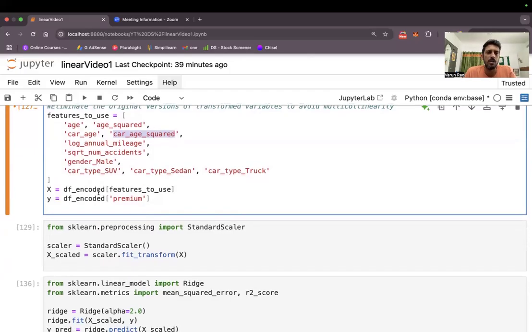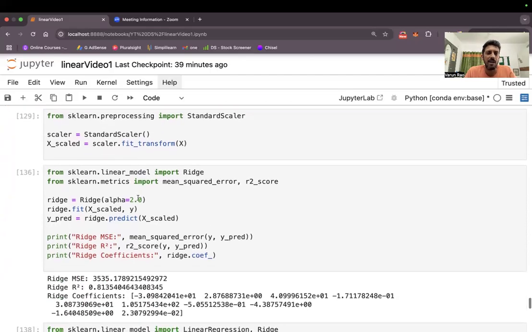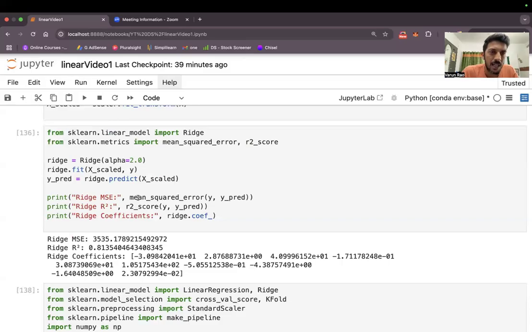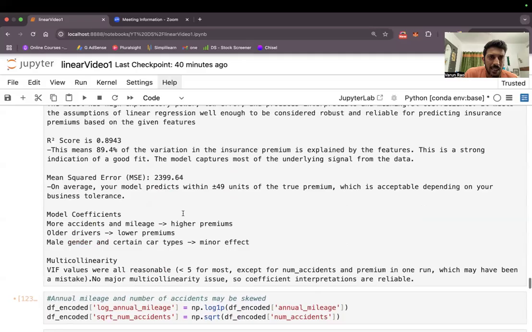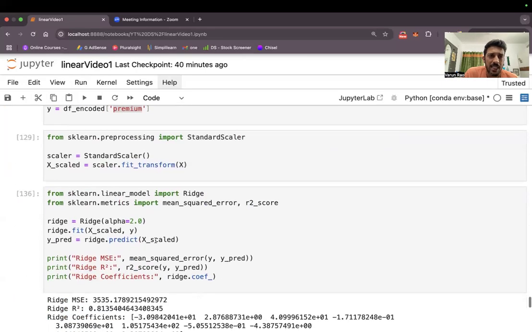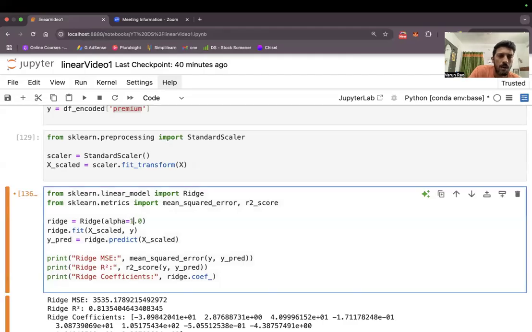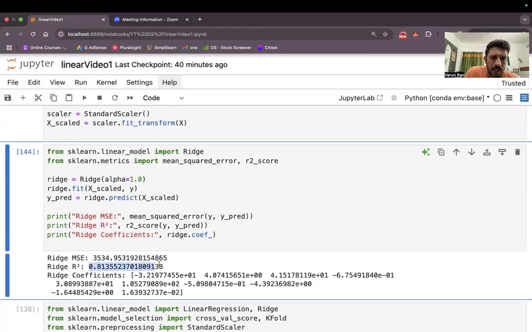So I have X values here in features to use and premium in my Y. I would be scaling them, and after I scale the values, I would be predicting them again using ridge coefficient. Now, when I use my ridge values, I can see that I have an R squared of 0.81 against 0.89. However, if I change the value from 1 to 2, you would be seeing very minimal change here or